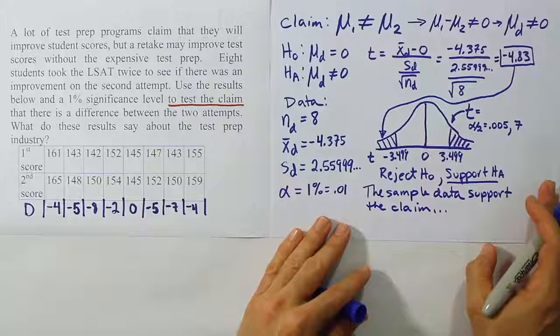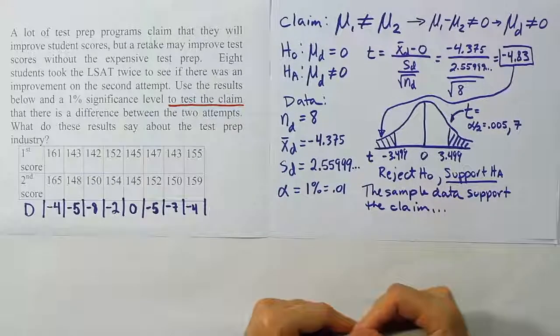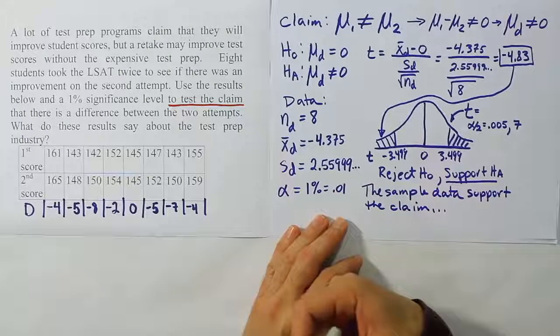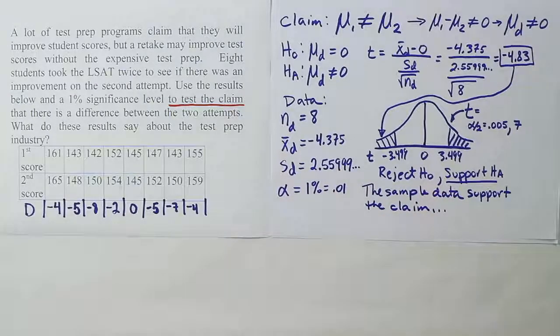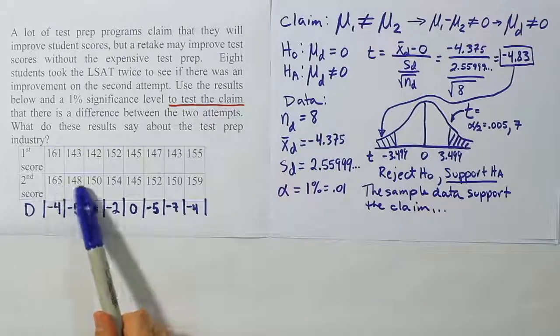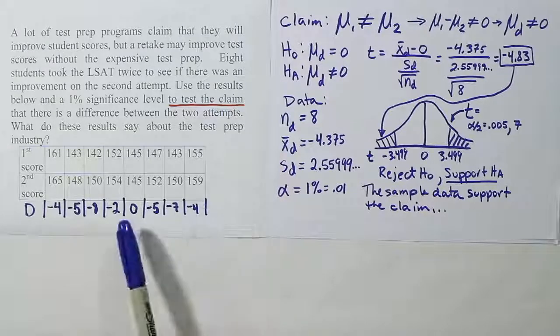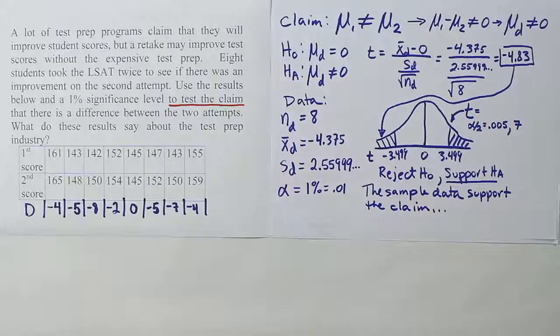And of course, what was the claim in this problem? The claim was that basically there is a difference between the before and after scores when you take the LSAT twice. So that essentially means that when you take it a second time, you end up with higher scores, it looks like, because when you look at our list of values here, you can see that those values were almost universally higher. There's only one case where it wasn't higher, it was a tie. But in every other case, the people scored a little higher when they took the test again. And so we're saying that that's a statistically significant difference there. We're basically saying that it looks like taking the test twice will improve your score.